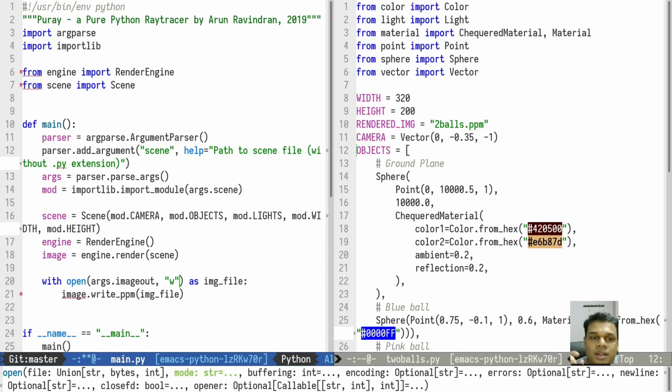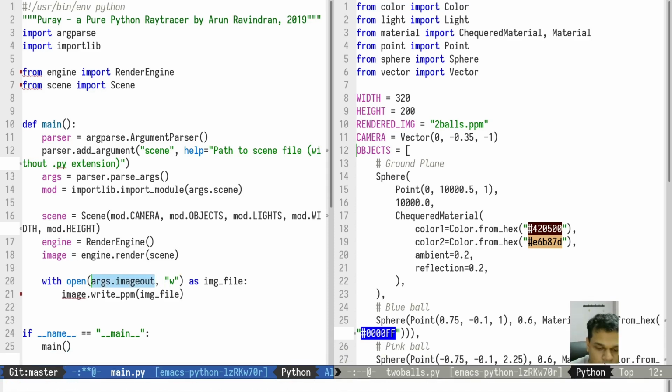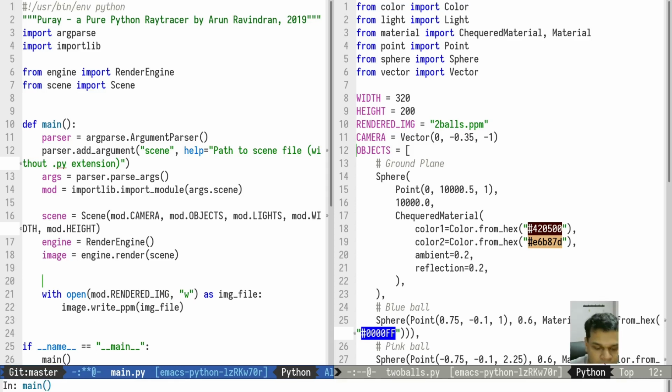Now here there is a little catch. If you write the image directly to mod.rendered image, it will be rendered in the same directory as the main.py. I want it to be in the directory where the module is. So I just need to change to that particular directory. So here is os.chdir for that. And this should be the